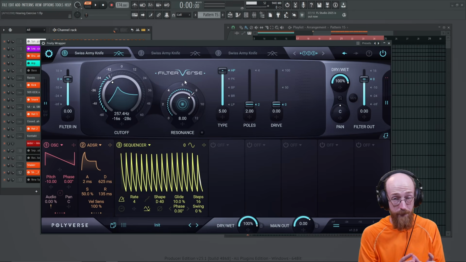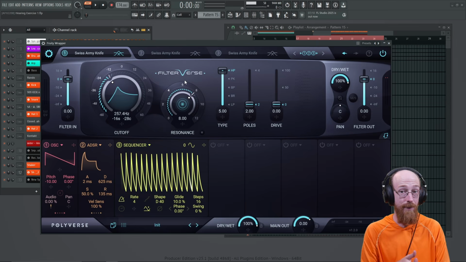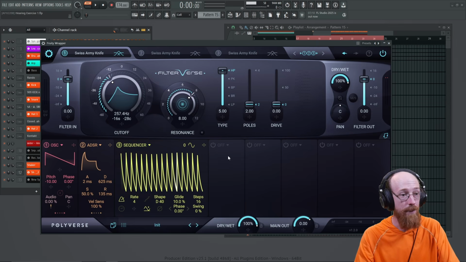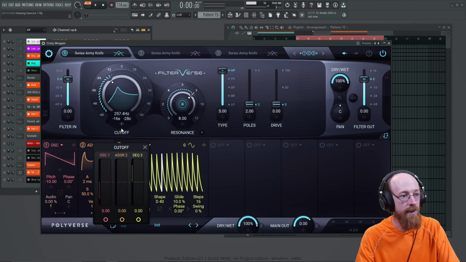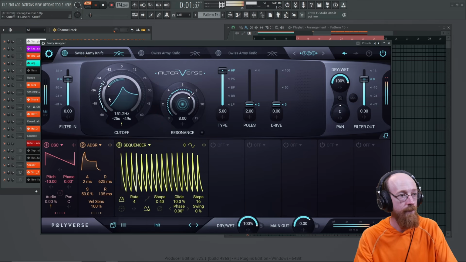For now, the game plan is we're going to dial in this one filter, and then we're going to stack it with a similar motion. By having 2 points, the interaction at the 2-point mark can be very interesting. It can cause some of those cool sounds you heard earlier. There's actually a ton of things that can happen there, so you kind of have to pick what you want to do. So let's go ahead. We're going to set this up to interact with sequencer 3. It's going to move around, you know. And if we go ahead and hit play,